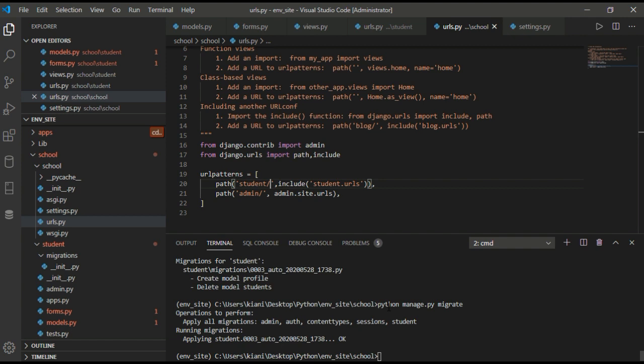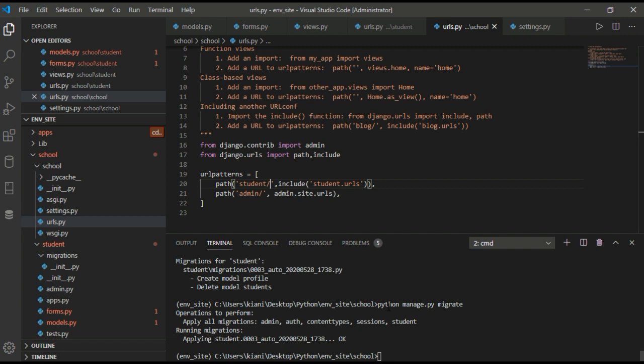We will include student.urls into this project level. This is one app, and there can be many apps, so every app has a different URL pattern.